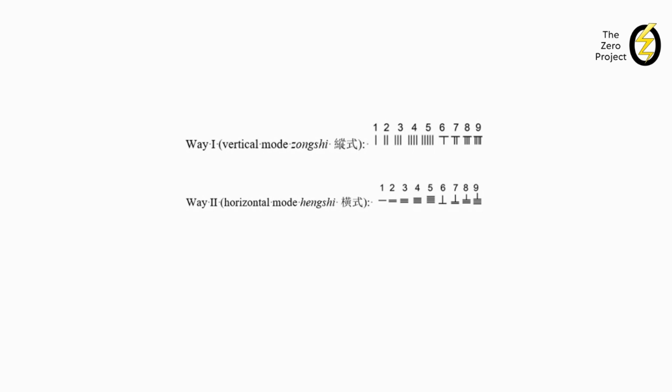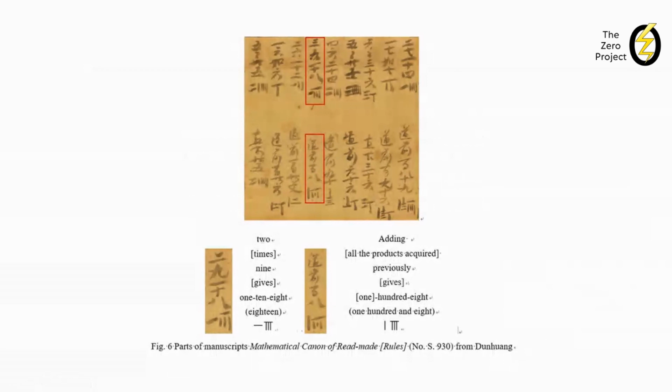In a number, the digits represented by the 2 ways appear alternately. According to the description in the Mathematical Canon of Sun Zi, the digits in the positions of units, hundreds, and 10,000s use way 1, and the digits in their neighboring positions use way 2. However, the earliest counting rod numbers are recorded in a manuscript titled Mathematical Canon of Ready-Made Rules, 历程算经, around the 10th century, which was found in Dunhuang.